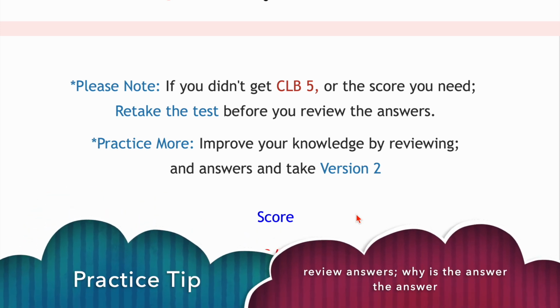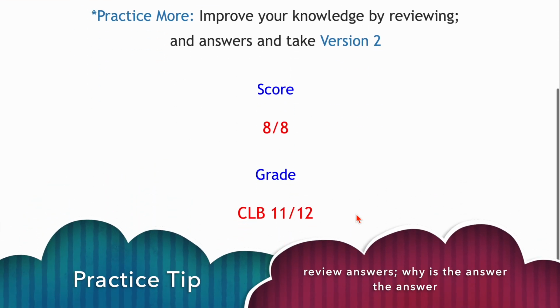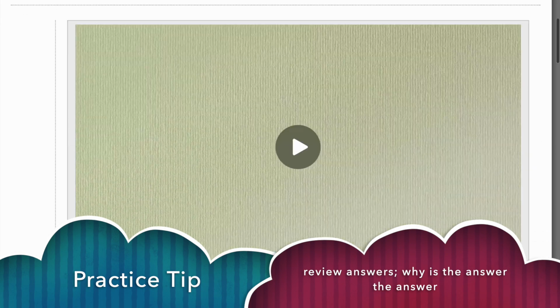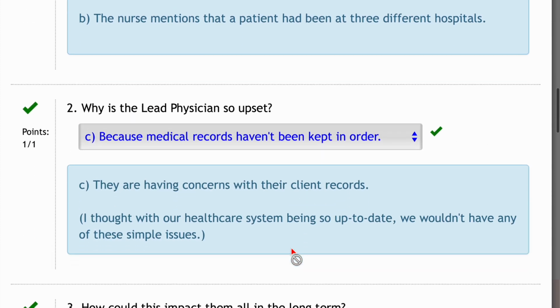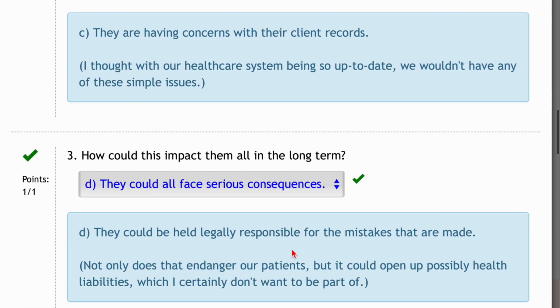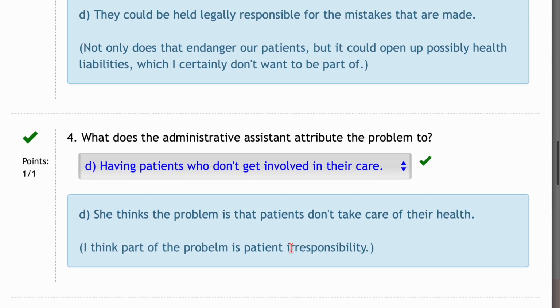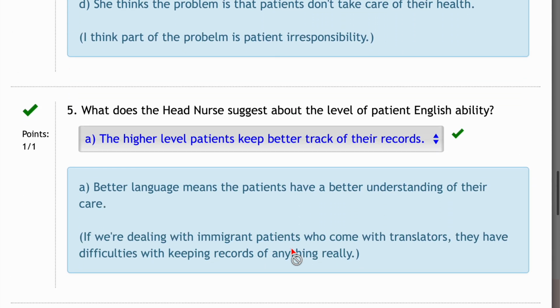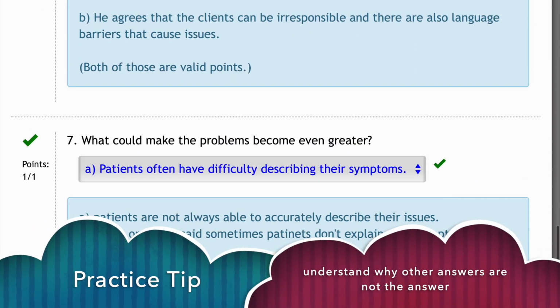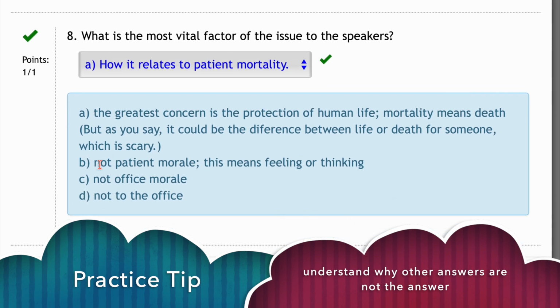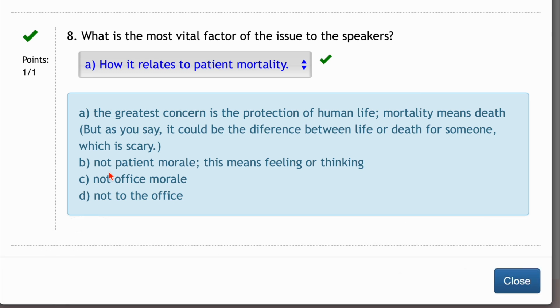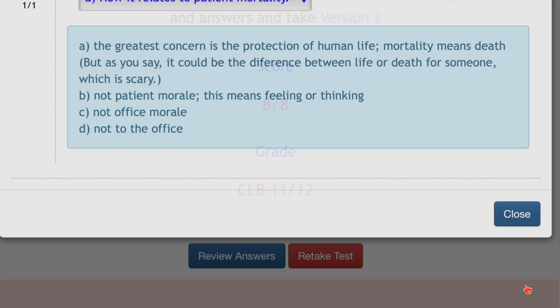It's very important to review the answers and understand why the answer is the answer, okay? We need to understand why is the answer the answer. But not only that, at the same time, we need to understand why some of the answers are not the answers, okay? It's very important. That will really help you improve your